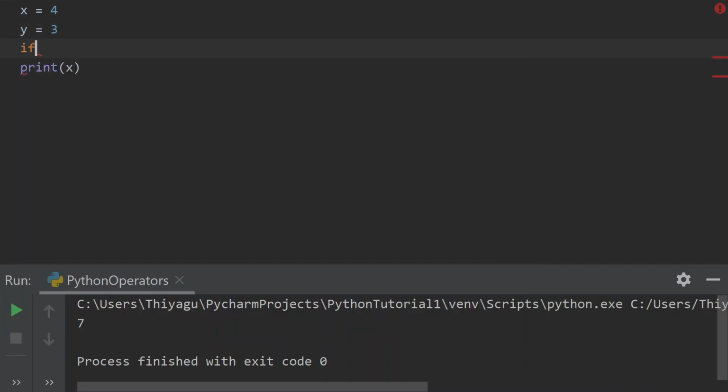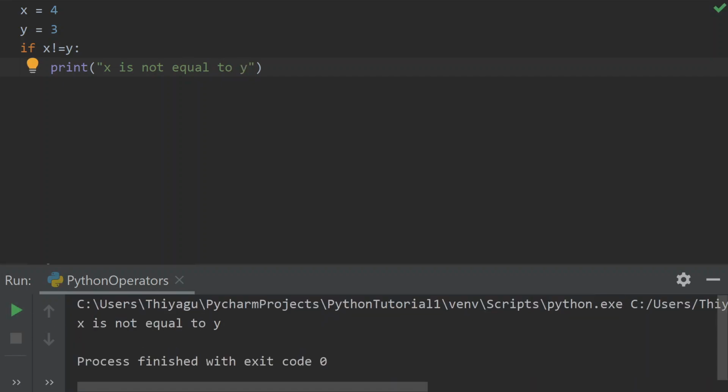If x not equal to y, then probably I can print x is not equal to y, because here x is not equal to y. So this is how you can use the not equal to operator. If I change this value now,